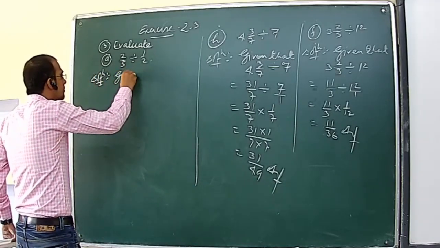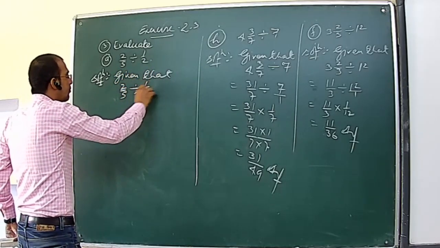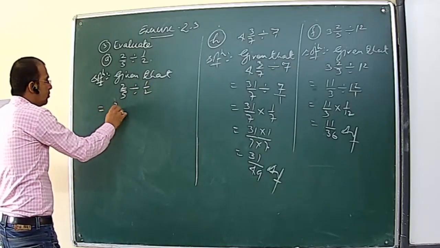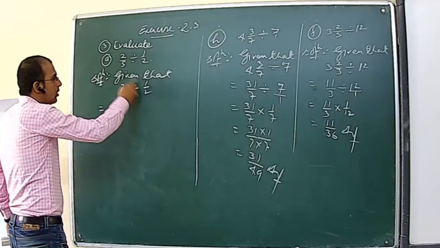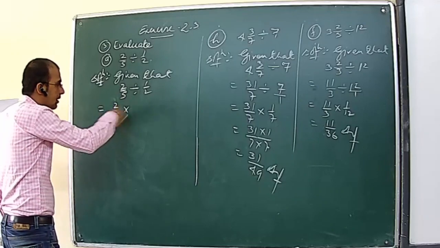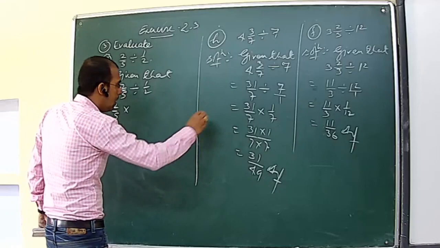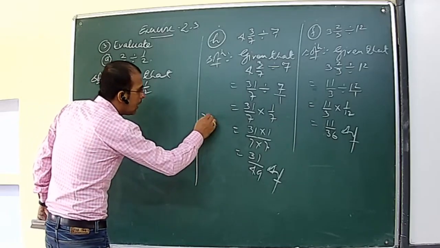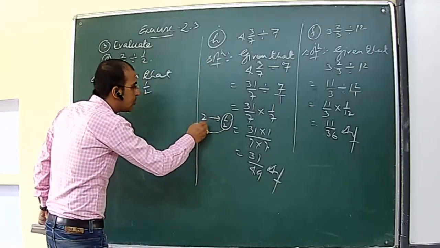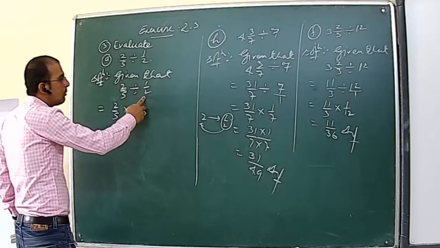Given that 2 by 5 divided by 1 by 2, okay, equal to 2 by 5 is a fraction and take the reciprocal. Since we know that in division, taking the reciprocal makes it a multiplication, so you will write the multiplication. And what will be the reciprocal of 1 by 2? Already I told you 2 is a number and its reciprocal is 1 by 2. Then 1 by 2 is a number, then what will be the reciprocal? 2. So we can write 2. The reciprocal of 1 by 2 is equal to 2.